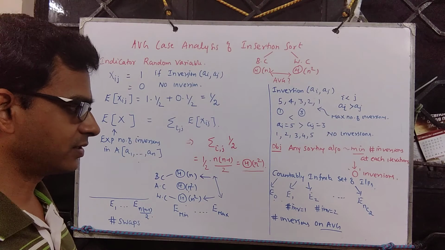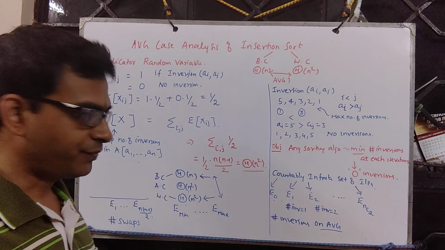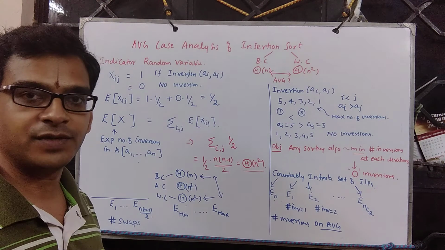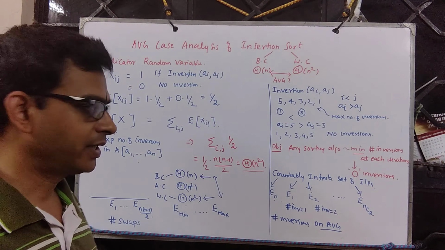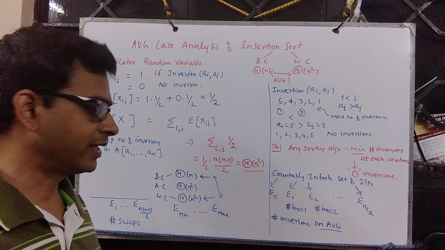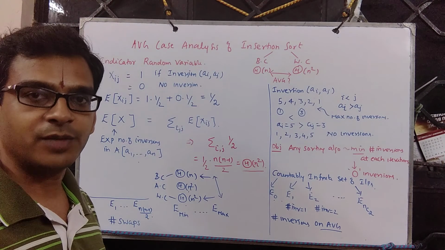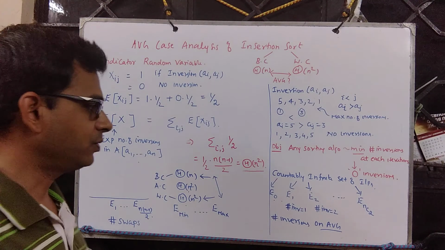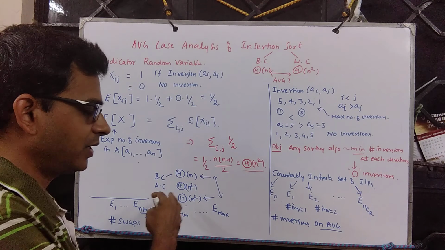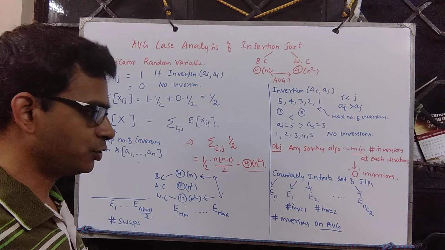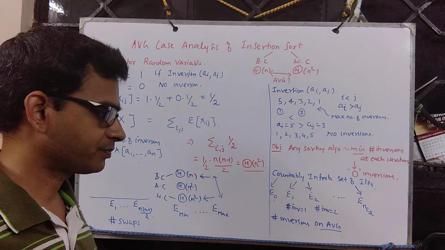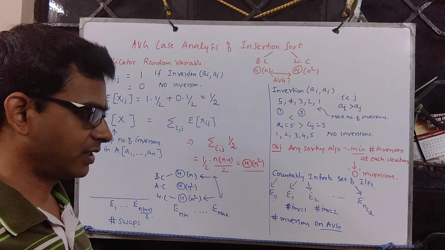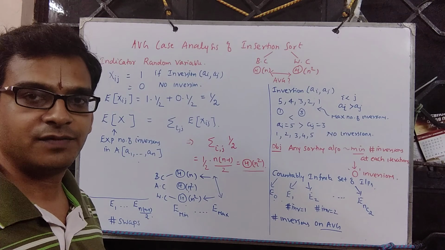So the idea is this. You have to fix a parameter of interest. Is it the number of inversions, or the number of comparisons, or the number of swaps, in relation to the underlying algorithm. Then bring in probabilistic analysis and estimate the expected value, either through an indicator random variable or through the usual probability approach. Using this indicator random variable, we shall analyze quicksort, which we shall see next.